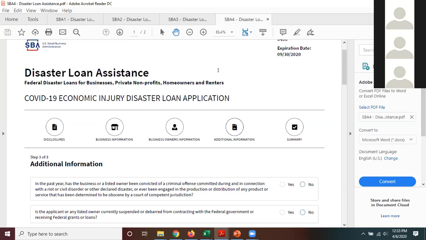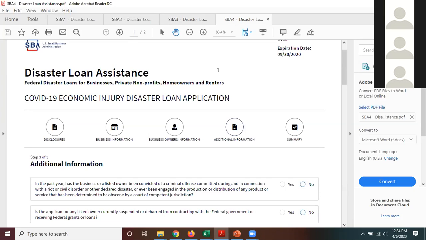The thing about this program is the money is first come, first serve. So when you get your applications in, the first ones in are going to have the first chance at it. When you do the application, you can get 2.5 times the average monthly payroll costs. So again, this is designed to keep the payroll portion of the business going, make sure employees have something coming in to them. Interest rate on this one is 1% and the term is 2 years, which is really nice. No payments necessary for the first 6 months, very helpful there.